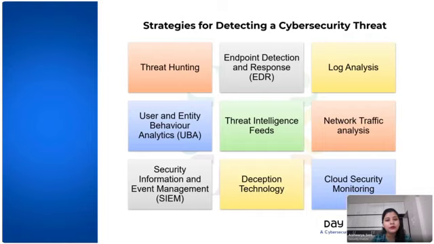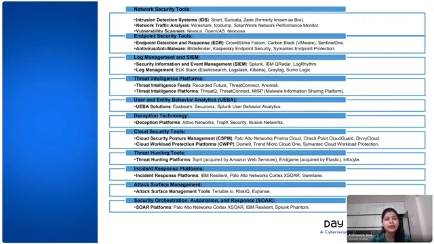So now moving on, once we have detected any cyber security threat, we need to identify how we are going to mitigate it. But before that, I have listed a few tools that we can use for monitoring and detecting purposes. If you're talking about network security tools, we have IDS and network traffic analysis, and we have vulnerability scanners. For vulnerability scanning, there's a tool called Nessus. For intrusion detection systems, we have tools called Snort and Zeek.